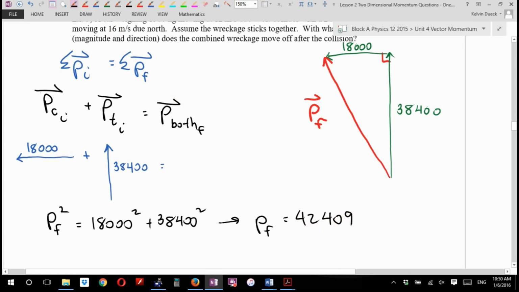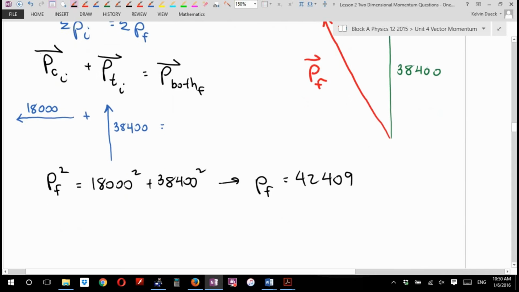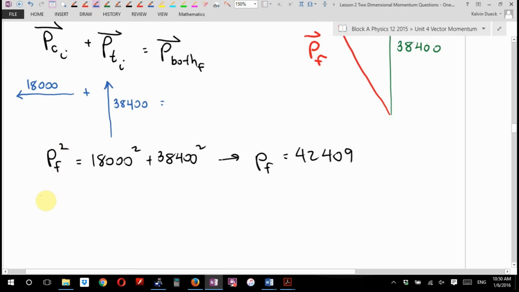Of course, that's not what the question wanted me to find. What did this question want me to find? Final momentum? No. If I know a momentum, how can I find velocity? Momentum is what times what? So you're saying divide by the mass? Which mass? Since they're stuck together, both. If they weren't, it'd be the mass of whatever object I was looking at. But they're stuck together, so the velocity final is going to be